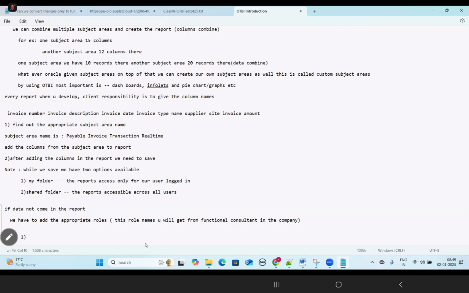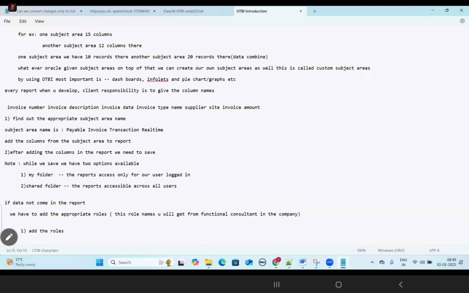One is add the roles. Behind every report some roles will be there that we need to add. That role names you will get from the functional consultant in the company. So which roles do we need to add for this invoice report? So we need to add